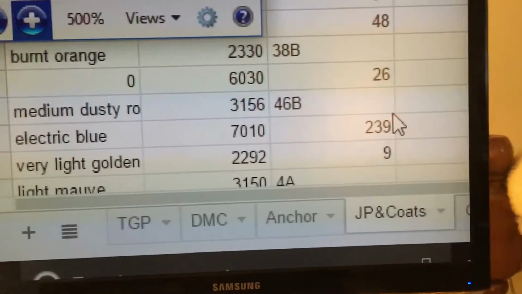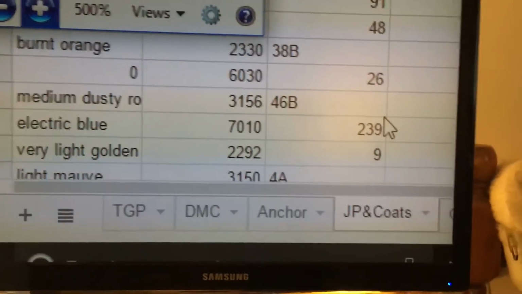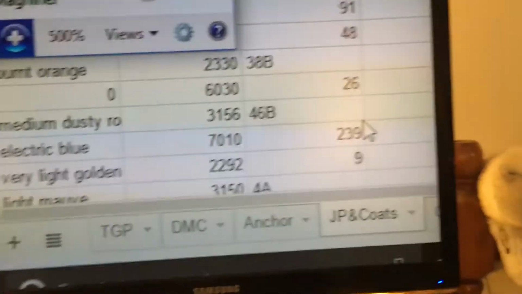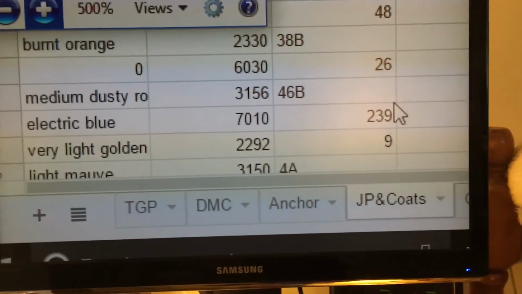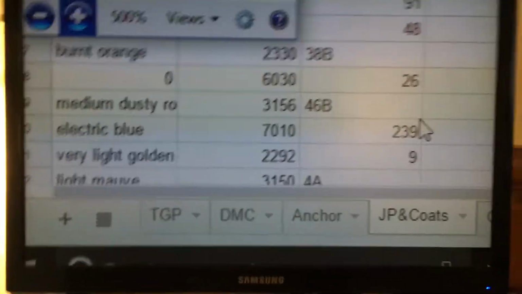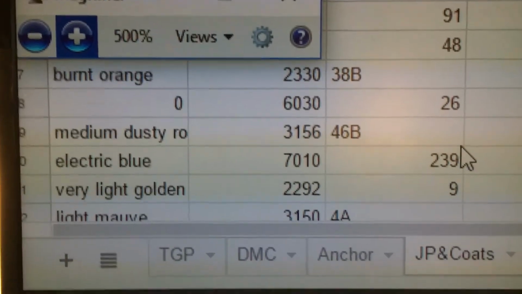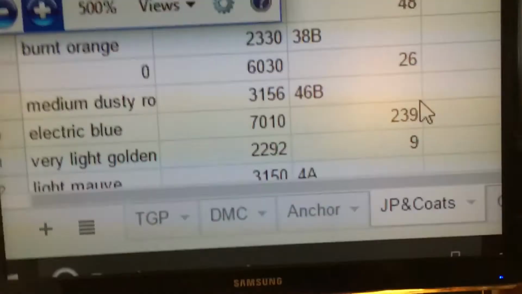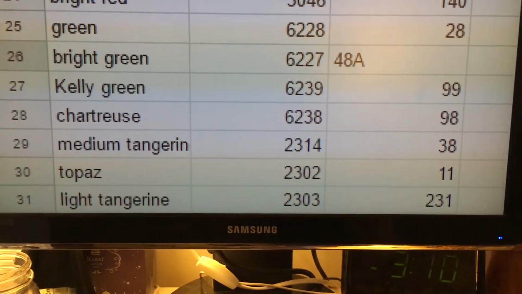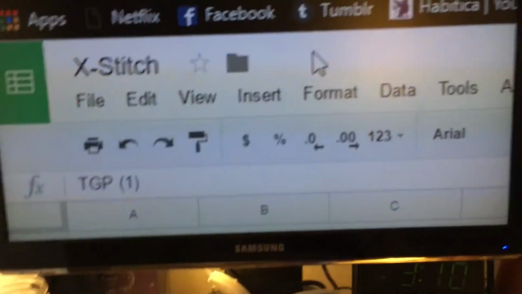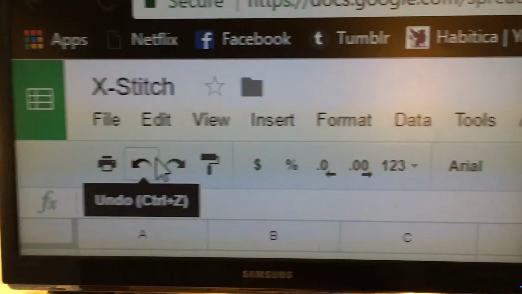It only does threads, but the nice thing is you say, oh, I have DMC this, and then when you look at the information, it tells you that DMC color is closer to this color in Anchor and this color in, I think, Gast. But it didn't have a functional way for you to add your own colors, which is a problem for me because, as I will show you in a second, I have a lot of different random brands of cross-stitch thread. So what I ended up doing is making Google Sheets spreadsheets, rather than Excel, because the handy thing about